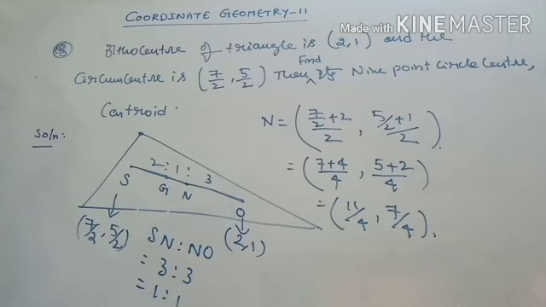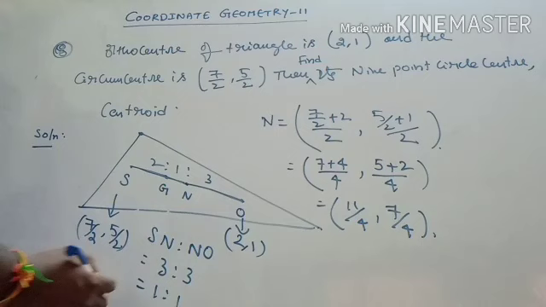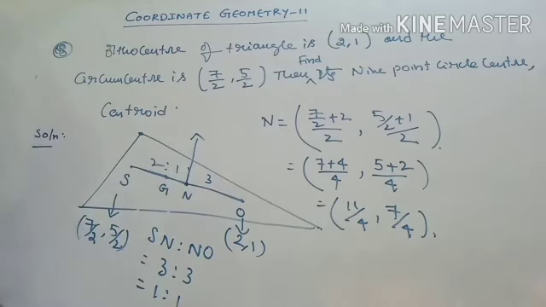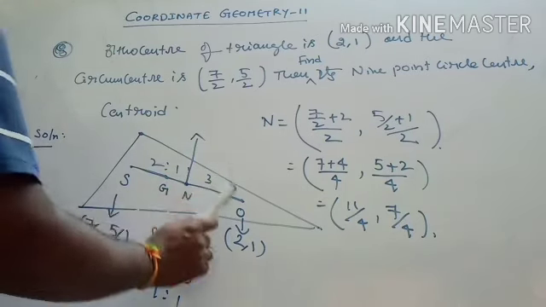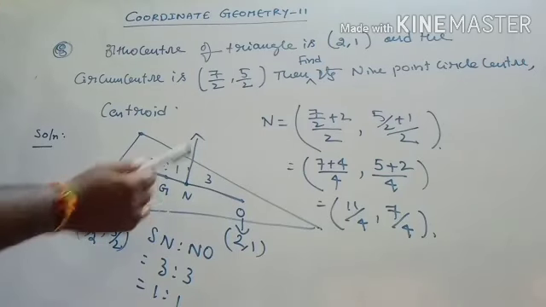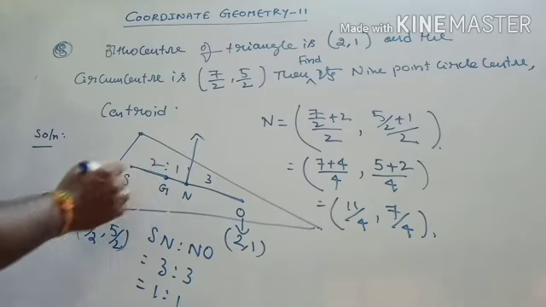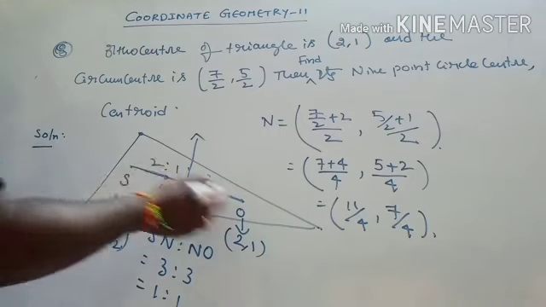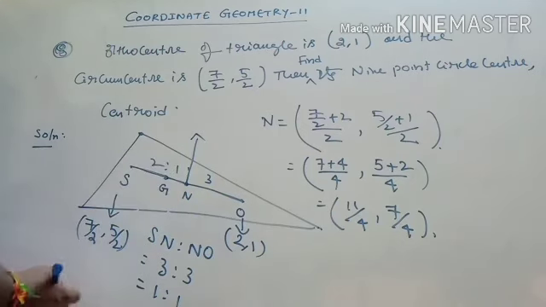Now we have got the 9-point circle center. See, this is what we have got now. Now Z, we need to find Z. Z is very simple that we can get, you know, N, you know, O, and you know, S. And G is dividing SO in the ratio 2:4, right? We can easily get that.